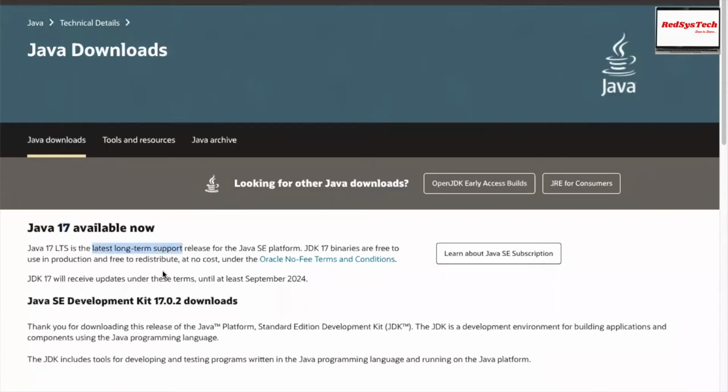What does long-term support mean? Oracle supports the latest long-term release, which means if any client wants Java 17 and anything happens, Oracle is going to support it. If you see here, JDK 17 binaries are free to use in production and free to redistribute at no cost, which means it's open source, right?